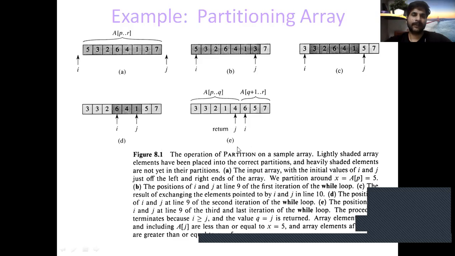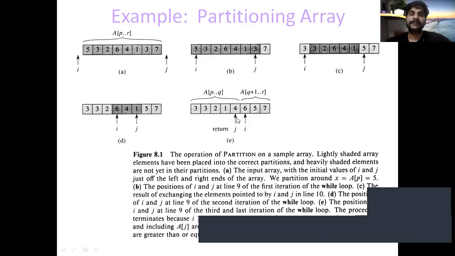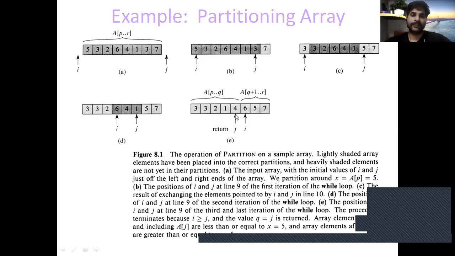J occupies the position for I, or apply for I, occupy this. Now in this condition, the while is false because the index value of I is greater than the index value of j, so the loop performs; otherwise the while loop is not working. So the pivot point is 4, and q equal to 4, the position of this. So the array is divided.